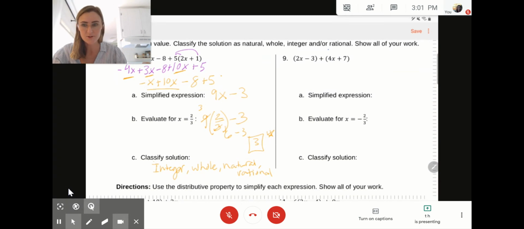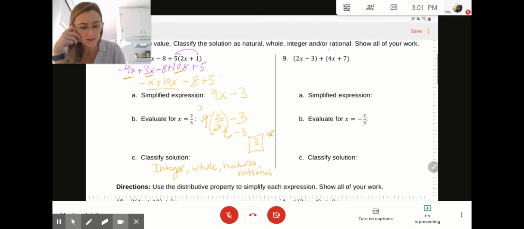Okay, just pause briefly for the train there. Sorry about that. So we are coming back and we are looking at number 9, and